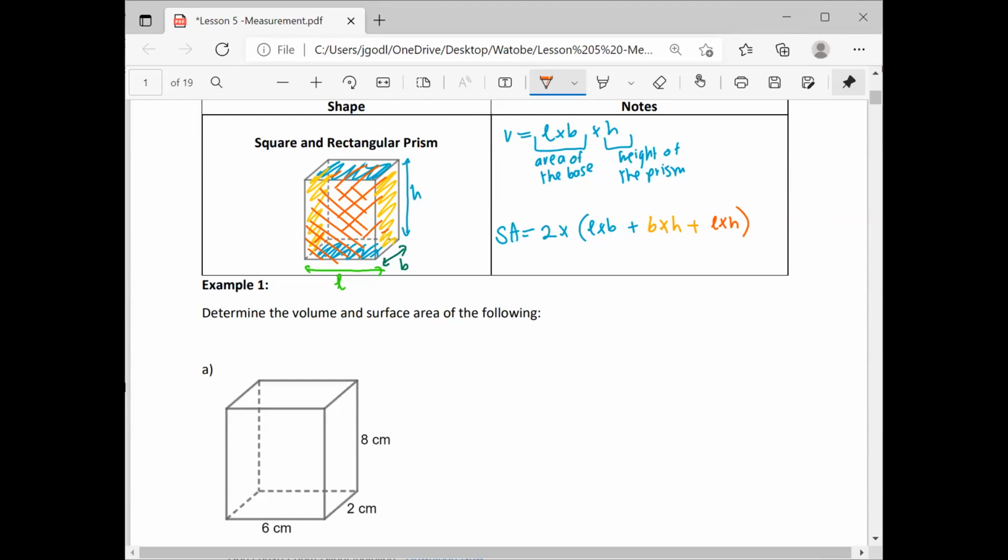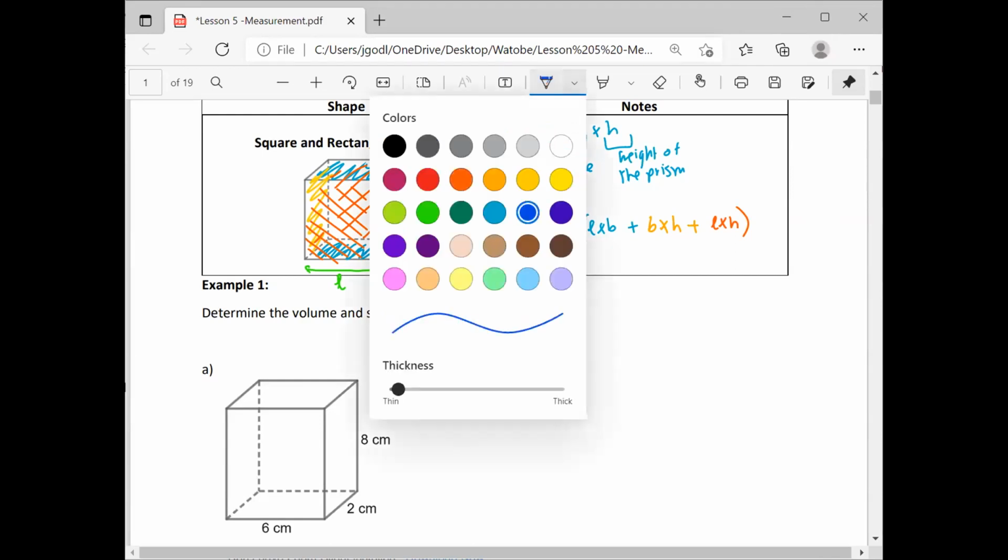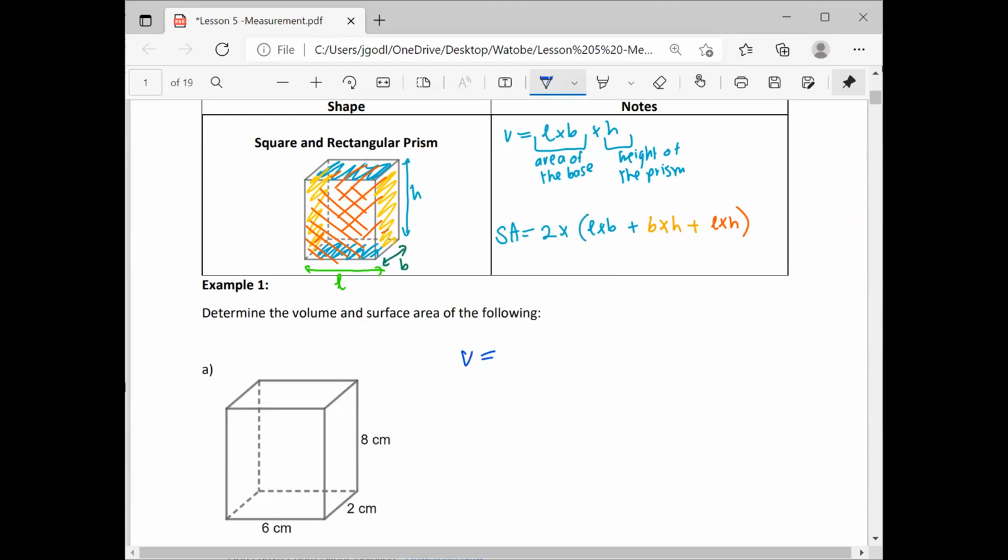So surface area, because it's a collection of areas, it's going to be centimeters squared, and volume is going to be centimeters cubed. Okay. So our volume is definitely 96 centimeters cubed. So volume is always going to be cubed. Now let's try focus on our surface area. Our surface area here, we have 2 times 6 times 2 plus 2 times 8 plus 6 times 2, and we can chuck that straight into our calculator like that. So 12 plus 16 plus, oh sorry, 8. And we get the beautiful answer of 152